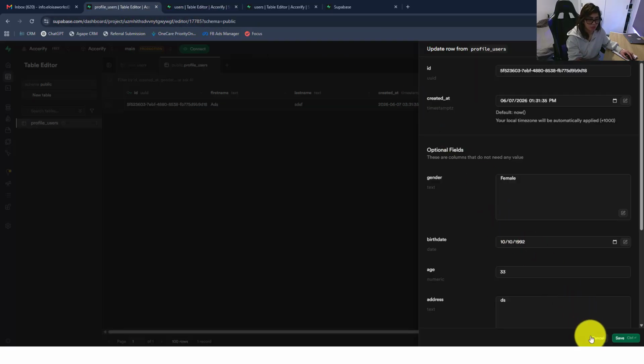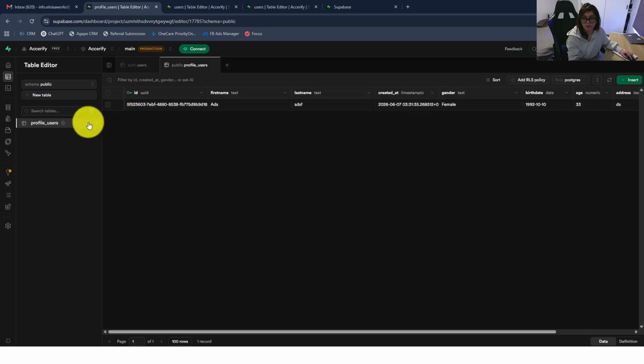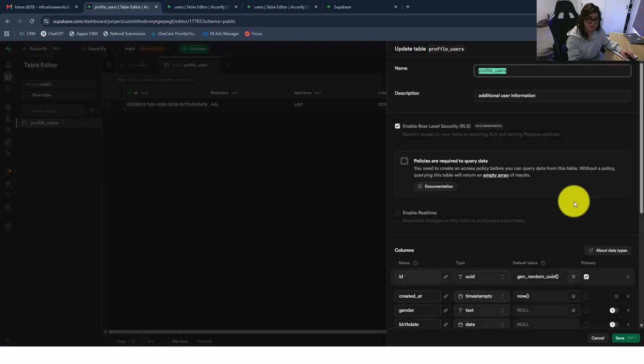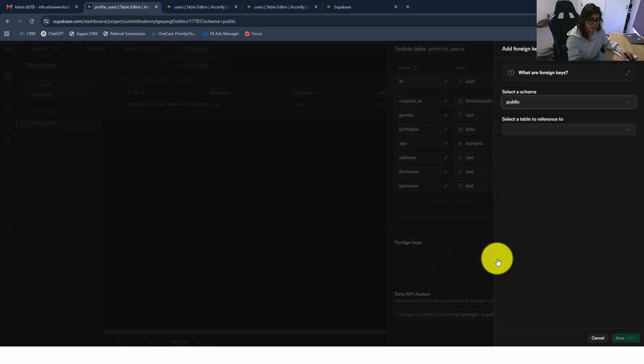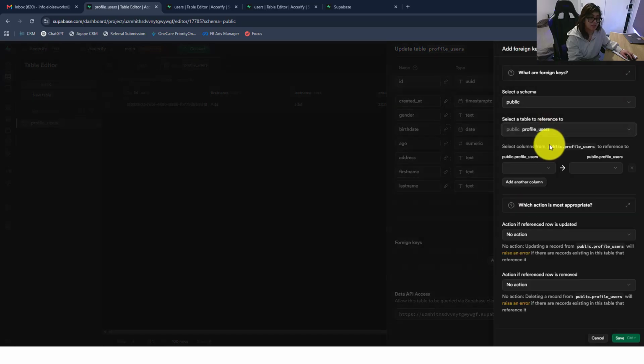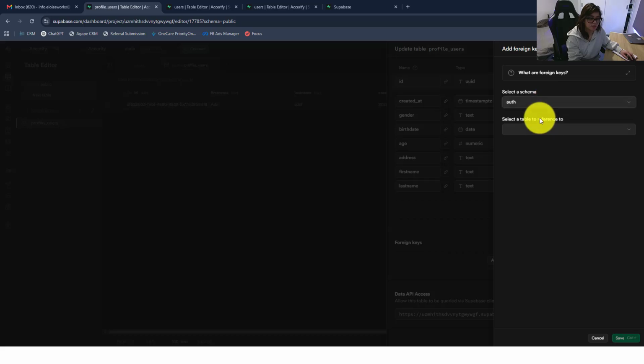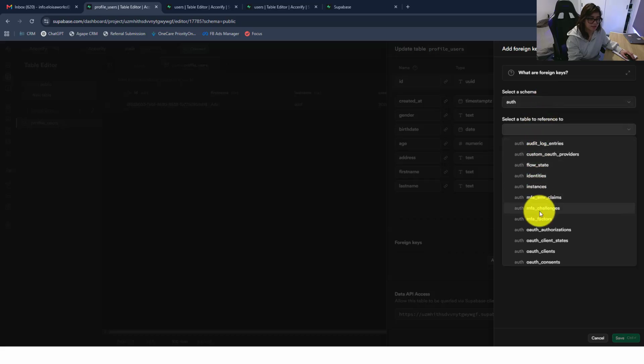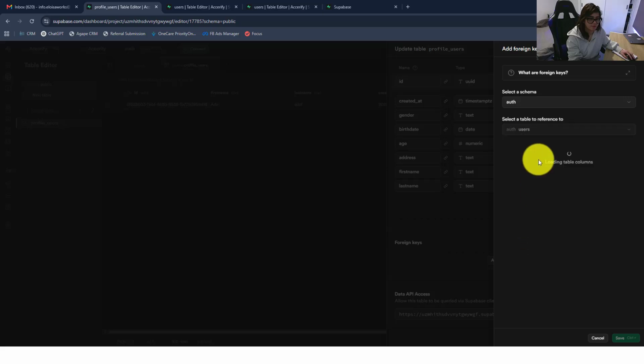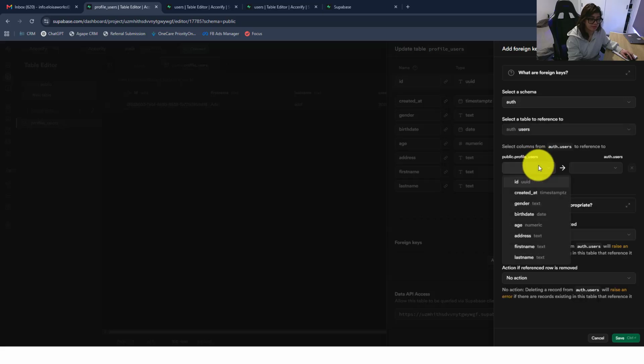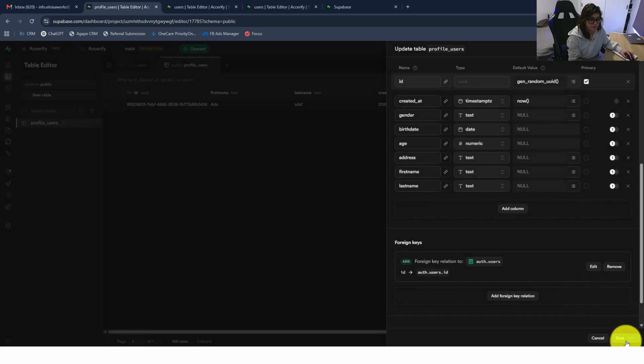So what we can do is we go into the, actually let me try to click the edit if there's an option to add foreign relation. Okay, it can only add, okay, you can click the auth and then go into the user, and then you can add foreign relationship there. You can do this option, or which is easier, that one, and then hit save, and then click